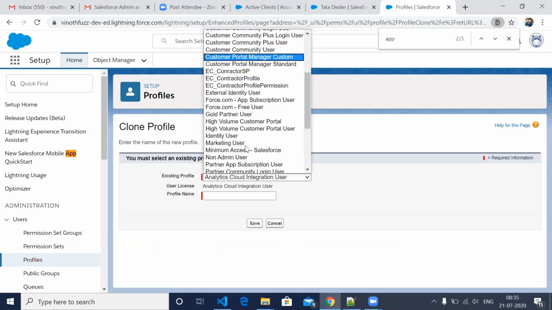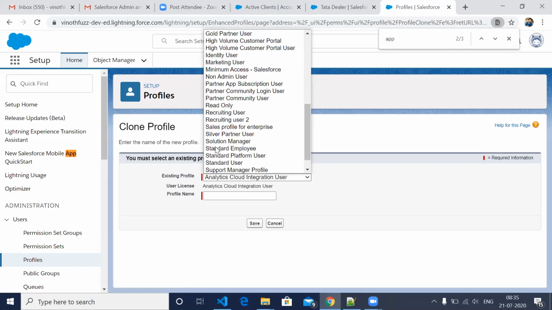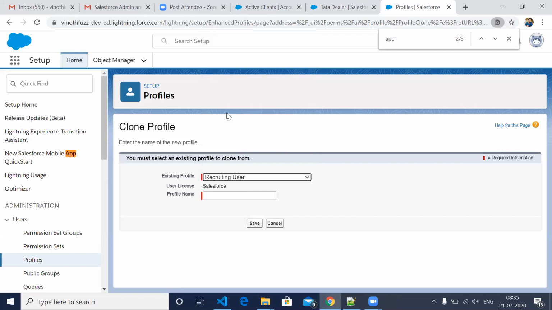Yes, sir. If you create a new profile from scratch, you will get it completely empty, so it will be more work for you to tick each and everything. We already have so many profiles, so you can think of which profile is a little bit suitable for your requirement, and you can just check that profile.